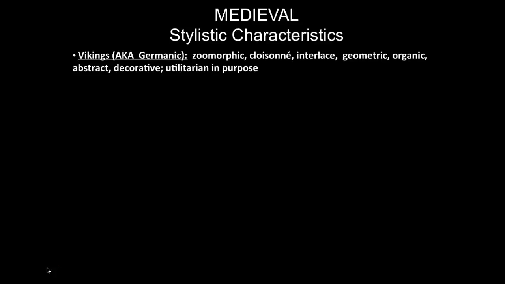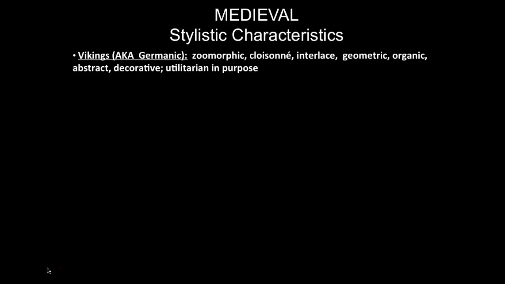Okay, stylistic characteristics for the different groups. The first, we have the Vikings, which were a Germanic group. In their style, they used zoomorphic forms. The Vikings were a migratory group. They led a migratory lifestyle. So we really see a blend of styles from pagan and Christian past, but new styles are going to be born as a result. So first we have the zoomorphic,